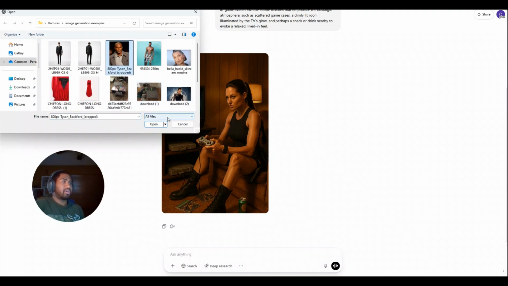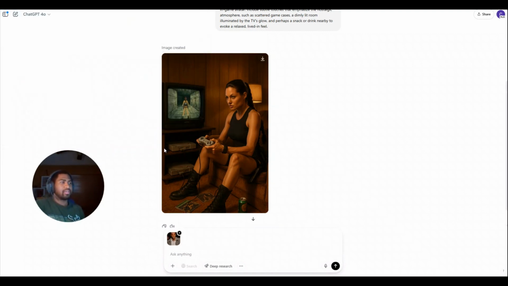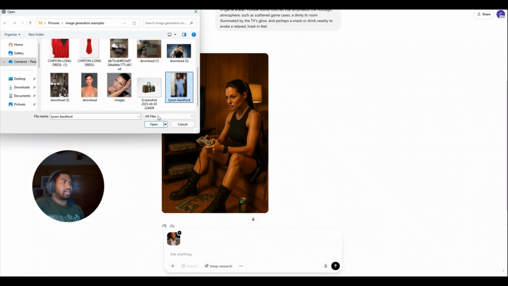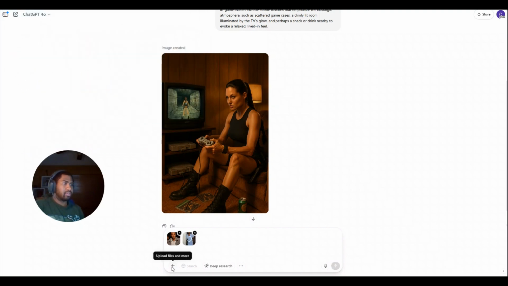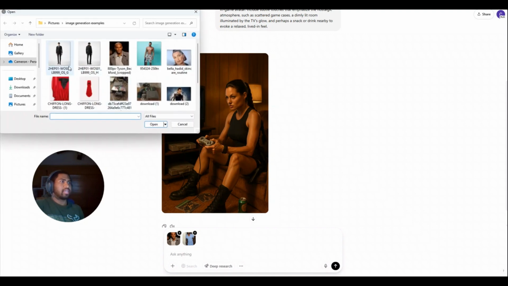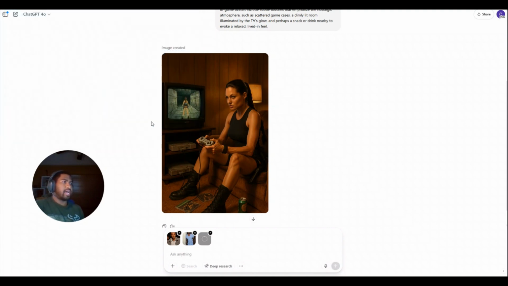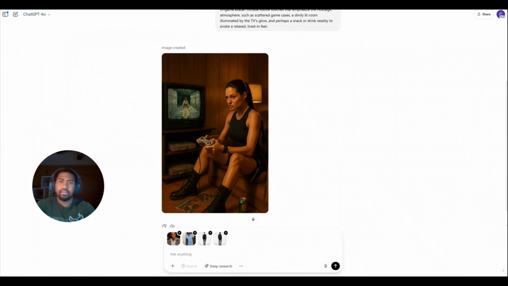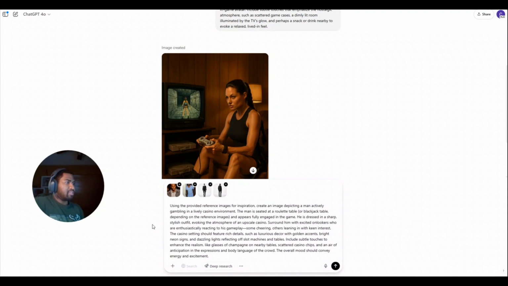So Tyson Beckford, this should work. World-renowned supermodel, I think in the 90s, maybe still presently, I believe. We're gonna use 2 images of Tyson Beckford. And then we're also gonna take this Tom Ford suit and add that to the mix of what we want to see. And we're gonna give it a prompt. I kind of want this to be 007-ish style. So we're going to, using the provided reference images for inspiration, create a realistic